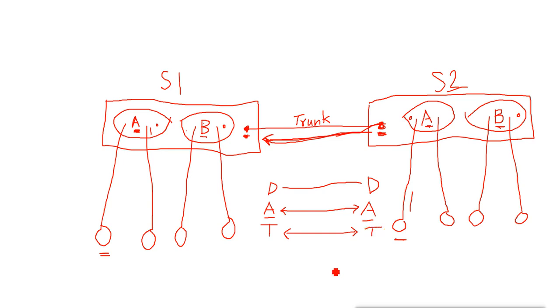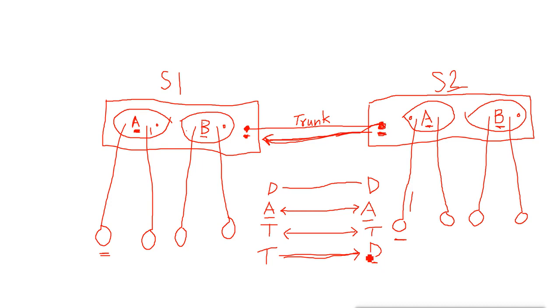Now if on one side we have configured trunk and the other side is on desirable, then what happens? Desirable will not request, but the port which we converted into trunk will send the request to desirable that I want to do trunk, and it will create trunk. That is what happened here. I converted this port into trunk, and this port I did not convert, but because it was on desirable, when it gets the request from the other side, it converts itself into trunk.